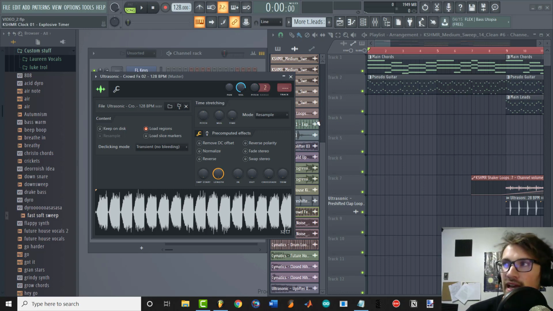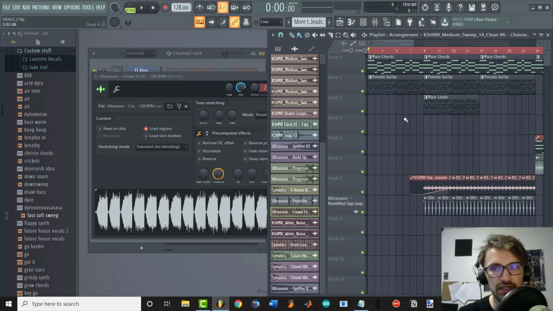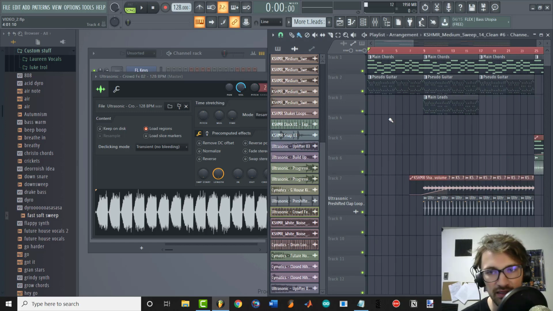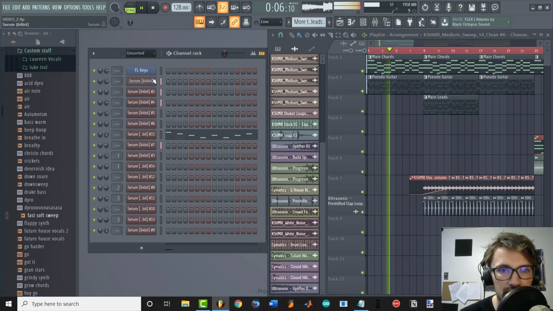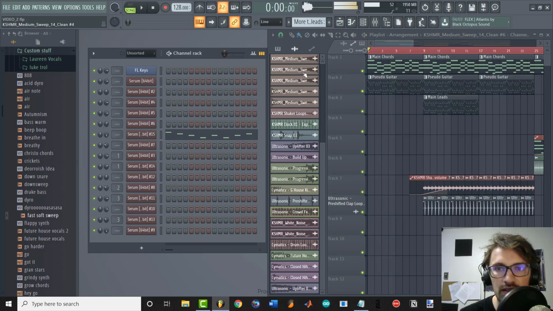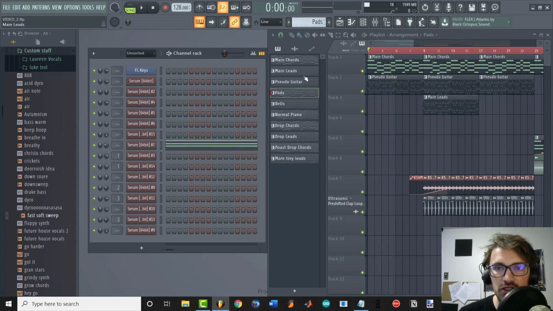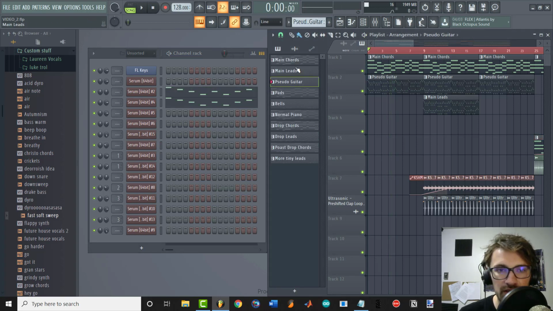So the first tweak we have is the chords in the break are clashing with the melody. So if we take a listen, this is what this part sounds like. So it doesn't sound too bad to the initial listen, but